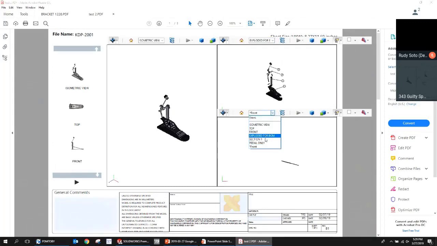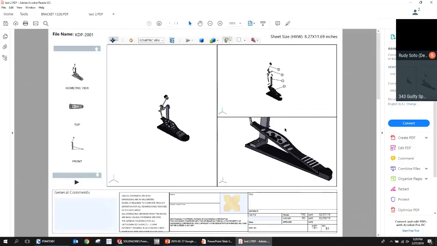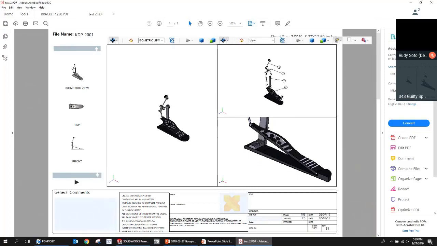You see I can show this one maybe in an isometric, show this one in a section view. So this has got multiple viewports on the same screen. And again, it's just for convenience, just for clarity. Why do we have these different viewports? Why do we have the 3D PDF at all?